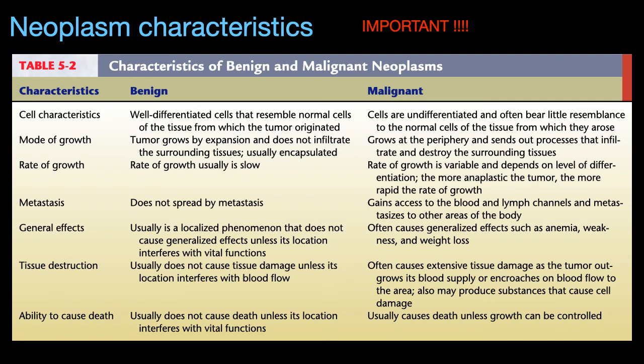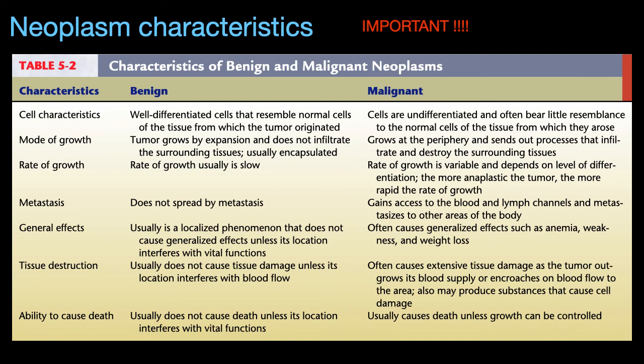Okay, anytime in a patient you find or the patient refers quite rapid weight loss in a short period, the first thing you have to suspect is a malignant tumor. All right, just for you to know. So benign tumors don't destroy the surrounding tissues, while malignant tumors do. They may even erode blood vessels and cause hemorrhage.